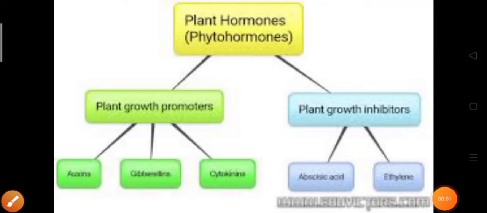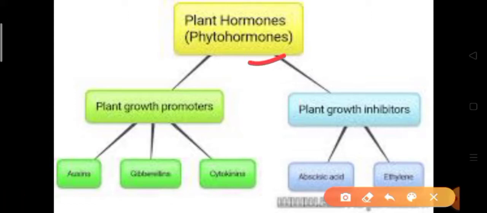So next is your plant hormones, or you can also call it phytohormones. They are responsible for the control and coordination of the plants. There are different types of hormones which affect the growth of a plant, and phytohormones are chemical compounds which are released by stimulated cells. These hormones are diffused around the plant cells and help them to grow. Examples are cell division, cell enlargement, cell differentiation, fruit growth, falling of leaves, ripening of fruits, aging of plants, etc.